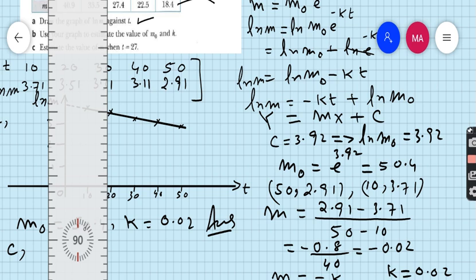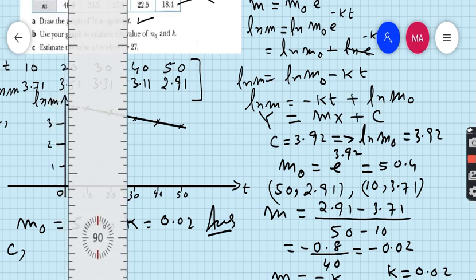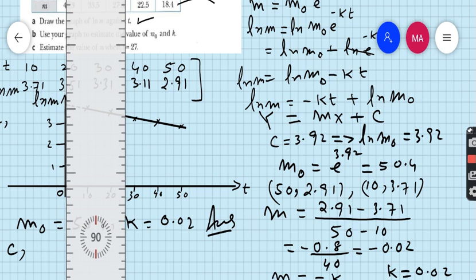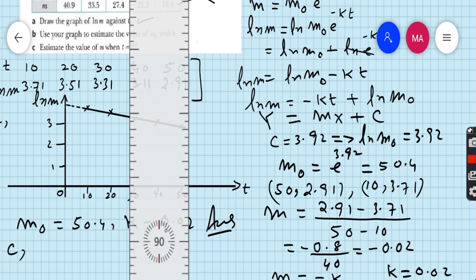So 20, 23, 26, and we have to find the value at t is equals to 27. So this point is 23, this is 26. So just after this one, this should be 27. So draw a dotted line from here which should touch your straight line, this one,